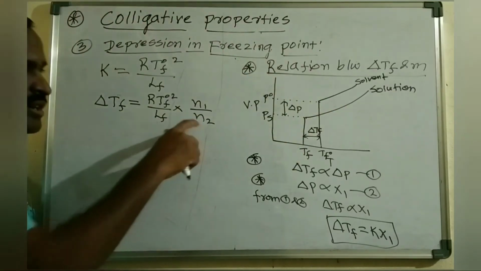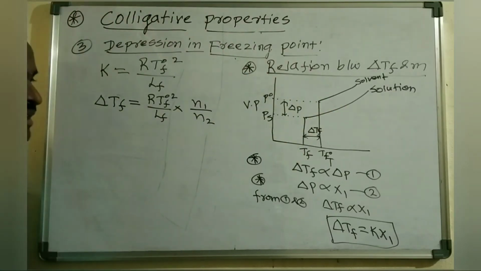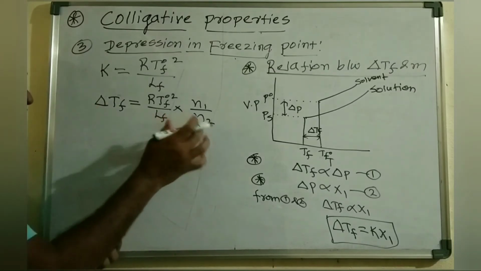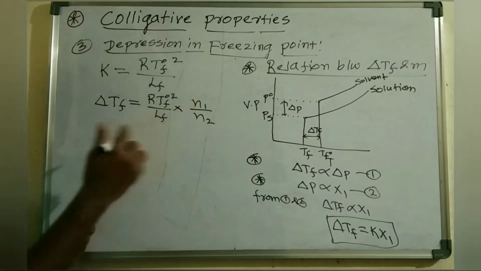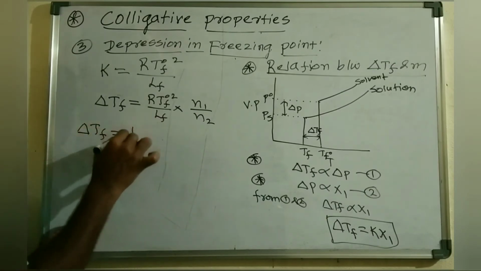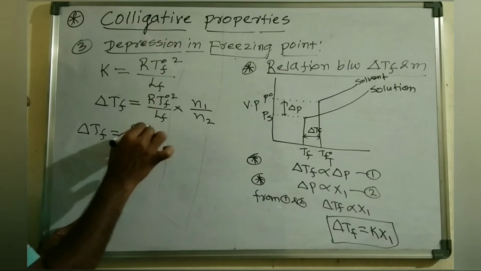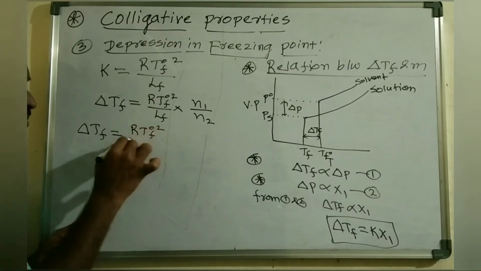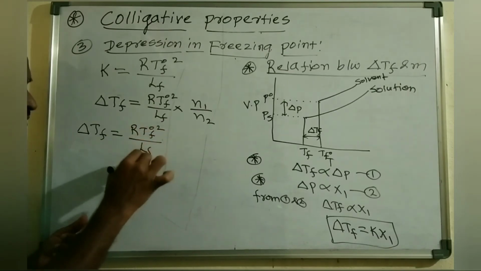For a dilute solution, n1 in the denominator is neglected, right? So you can substitute n1 and n2 and get delta TF equals R T naught F square divided by LF,